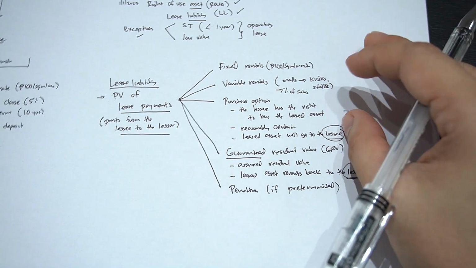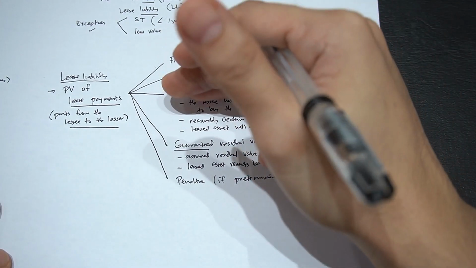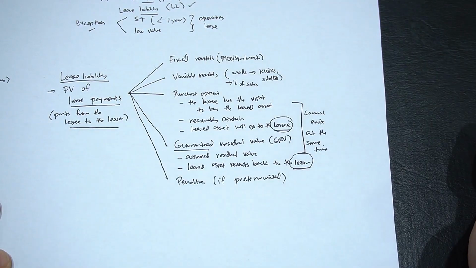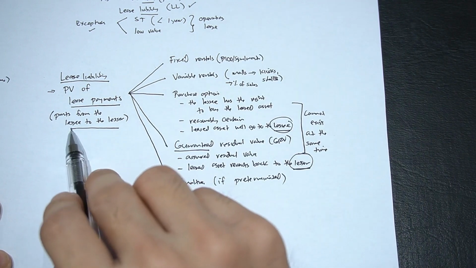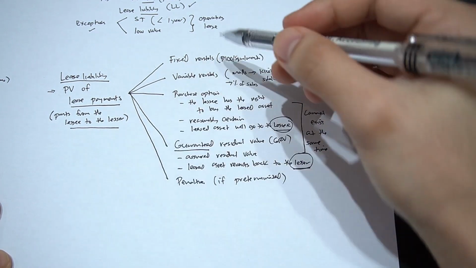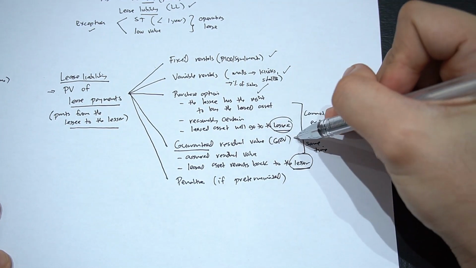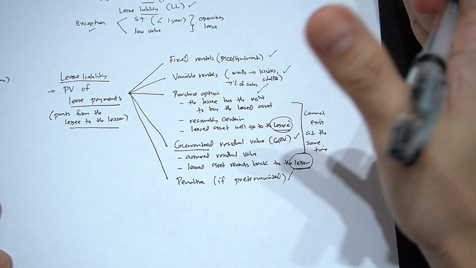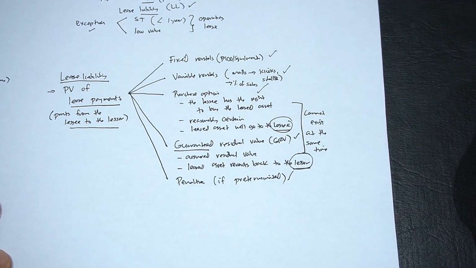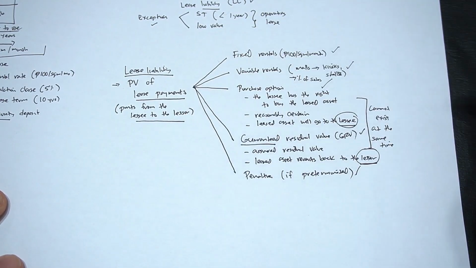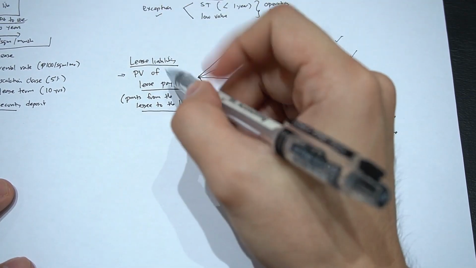Alright? Now, ulitin ko. Yung 5 na yun class, tatandaan mo yan. Yan yung magiging part of the lease payments. Alright? Lahat yan, binabayaran ni lessee to the lessor. Fixed rentals, variable rentals, purchase option, GRV, and penalties. So, lahat yan from lessee to the lessor. Got it? Okay, now, kaya ko hina-highlight class na lessee to the lessor because yung lease payments, tandaan mo to